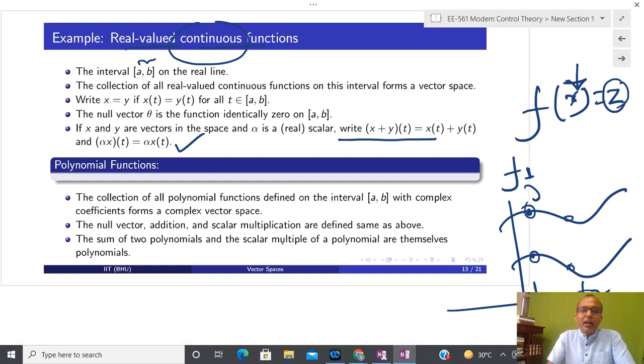Why, whenever I have real valued continuous functions, do they form some kind of vector space? In order to form a vector space, you can see that here I have to define addition and multiplication in some specific way. If I change it, then it might be possible that it will not satisfy the properties of a vector space. At that time it might be possible I require new hardware also.